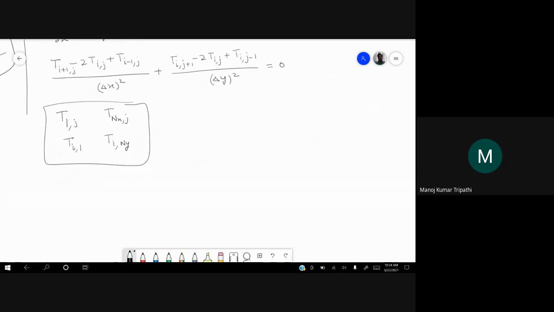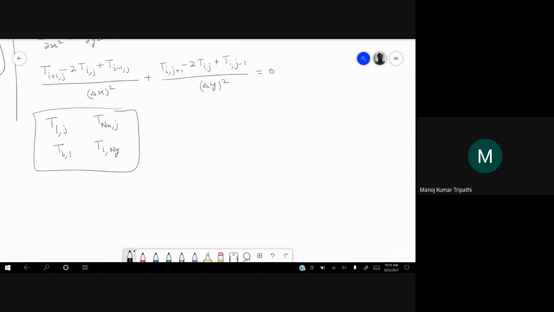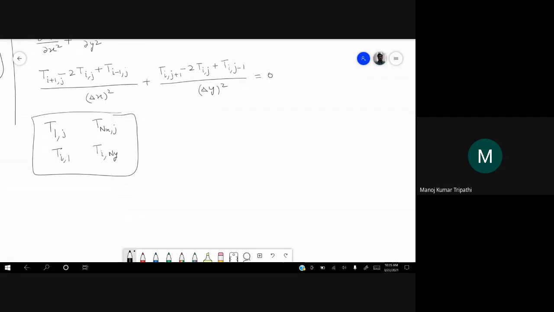What we can do is use an iterative procedure. We can write all the equations at all i and j points, and we can solve them simultaneously because there will be an equal number of unknowns and equations. That is guaranteed. You can try that. And we can use the Gauss-Seidel method with over relaxation for faster convergence. So let us see what this matrix will look like.